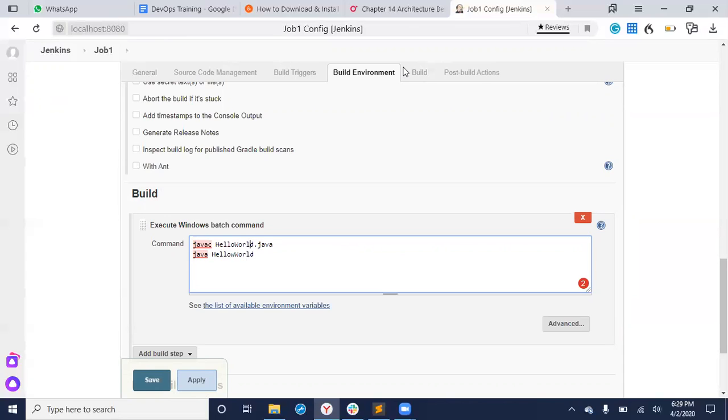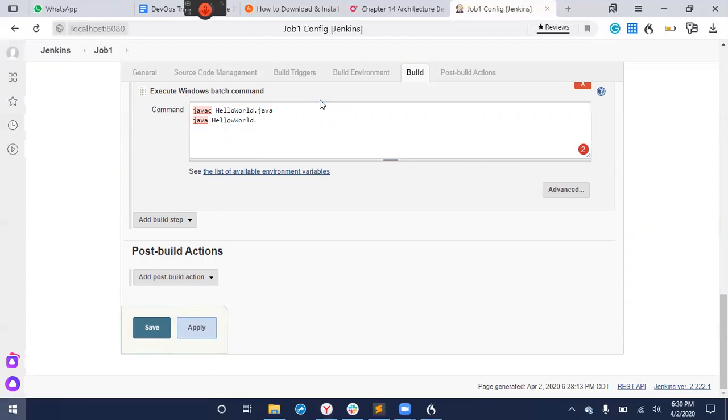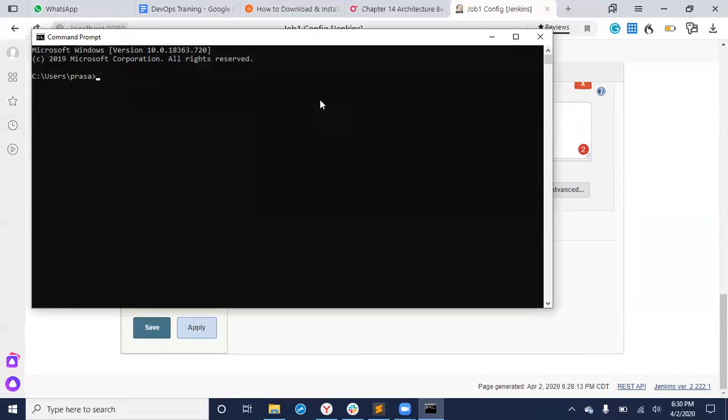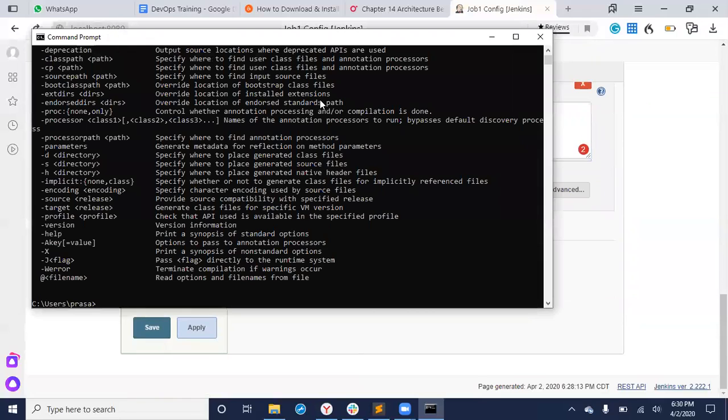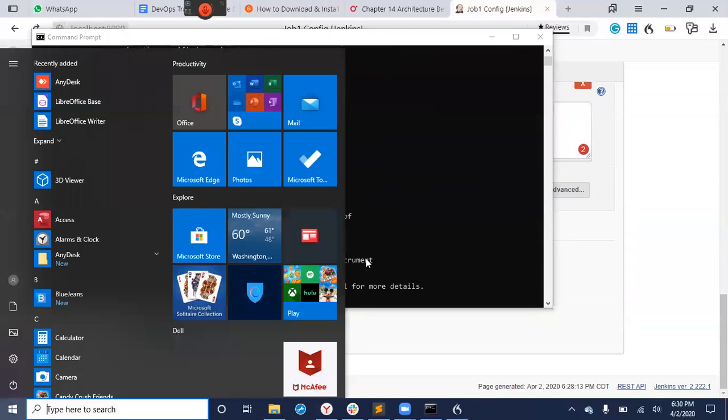Means you first compile it using Javac, then you get some .class file. So basically what I'm doing, ideally I'm doing this. But typically in the Java convention, you don't do this thing. You compile it and then run it. So I'm putting this build step with a simple Windows batch command. Then clicking on save. But make sure before doing all these things, in your system, you have Javac and Java running. Sometimes Java will work, Javac will not work. So what you need to do in that case is there is something called environment variables. How you do the environment variables? Click on here. I'm just closing some extra stuff.